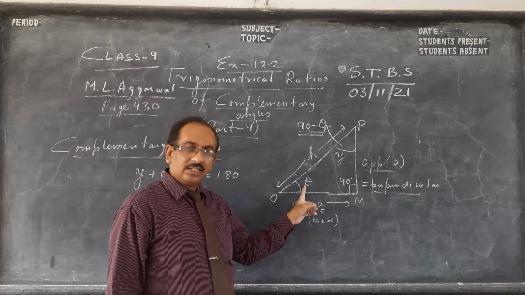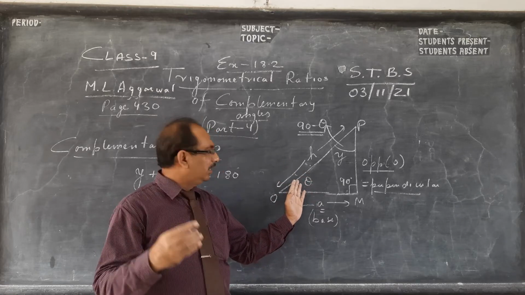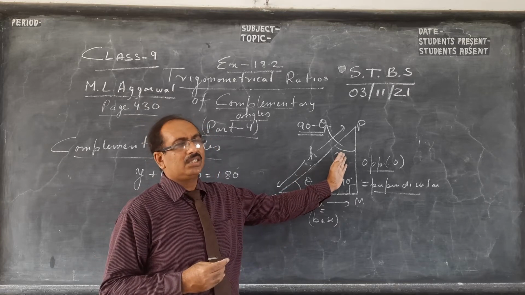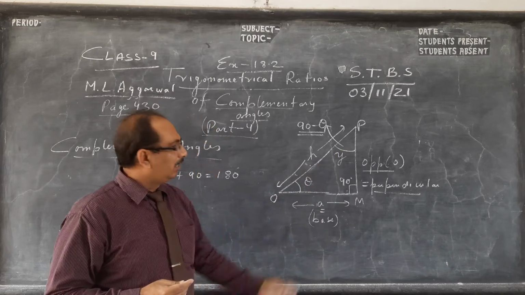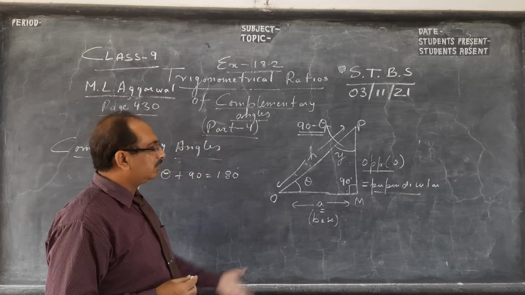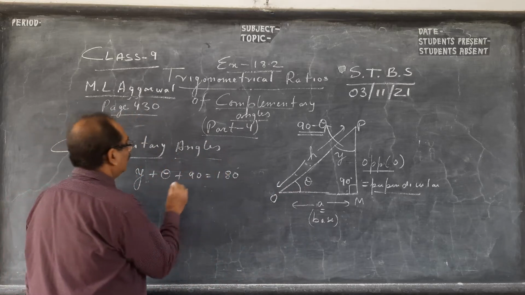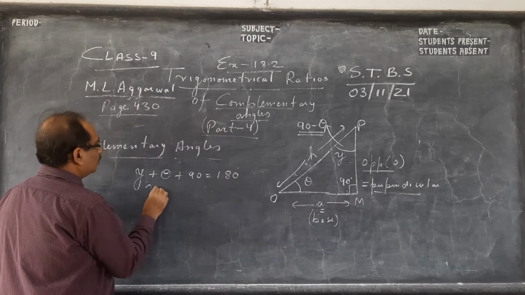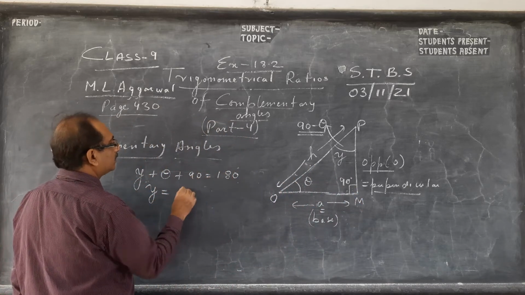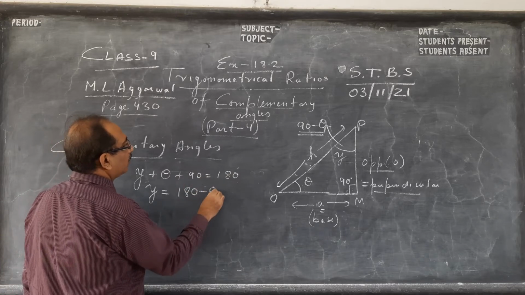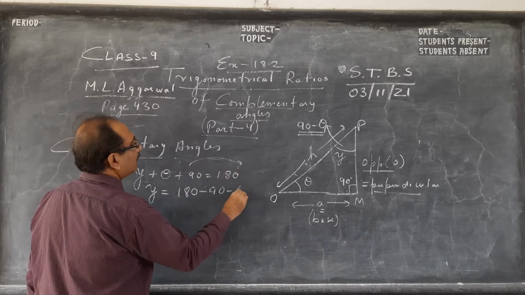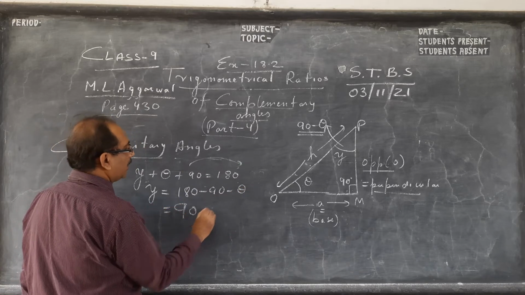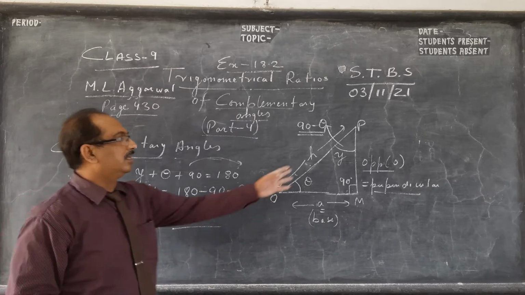So if 90 I subtract this, suppose, see, whenever you have a doubt, take a value, suppose this is 30 degrees. So this has to be 60, 90 minus 30 is 60. 60, 30, 90 and this is 90, total we get 180. So it's very easy, but I'm just showing you y. Okay, so y plus this is 180. So y is, take to that side, 180, 90 will go with a minus sign and theta will go. Theta is an angle. So 180 minus 90 is 90 minus theta. So this angle is 90 minus theta.